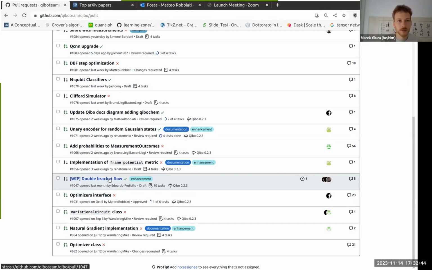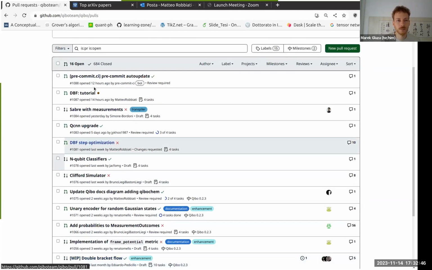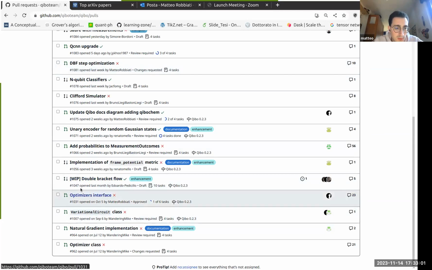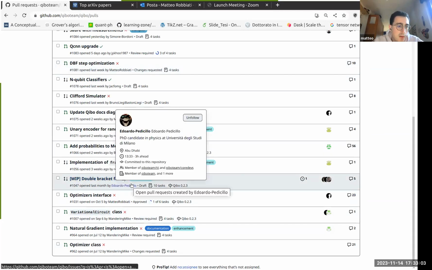Because I see also above in the second line is DBF step optimization. Yes. We have the specific pull requests in which we work to fix things or to implement new features. And then once we all agree about them, we merge them into the